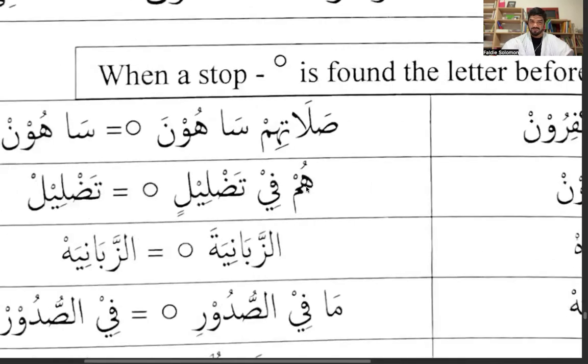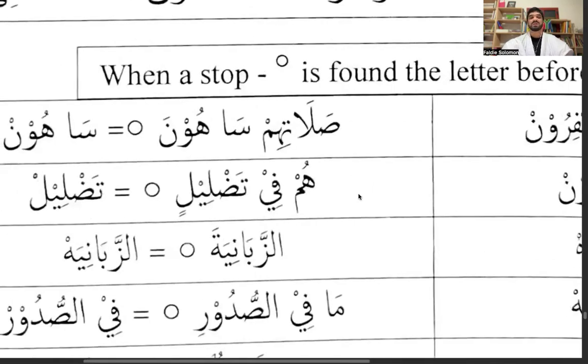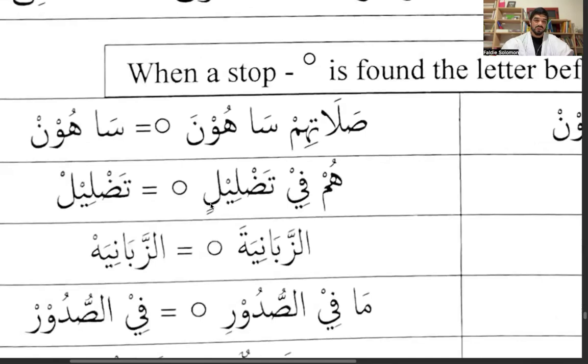Okay. Let's see what we have here. Again, we have the word hum, right? This is also something that you'll see quite a bit in Quran. And we'll jump straight to the end here. There's a tanween there, but we know we're going to drop it, so we're going to recite this as l at the end. Hum. This is the letter fa connected to the ya. The fa has a kasra. This word you will see a lot in the Quran. This is the word fi, meaning in. So this is the fa with the kasra, fi, with a ya and sukoon. So fi, hum, fi. Here we have